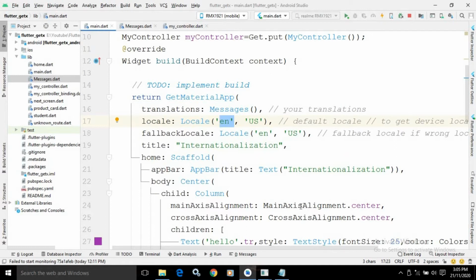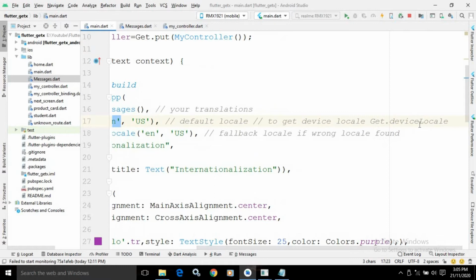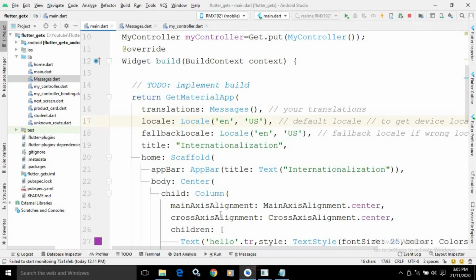If you want to retrieve the device locale, then we can use the deviceLocale provided by GetX. We can write Get.deviceLocale, then the locale which is set for your device will be retrieved, and that will be your default locale. Now if you are choosing a locale which is not present, then this fallback locale will be used, and in the fallback locale also I have specified EN and US.